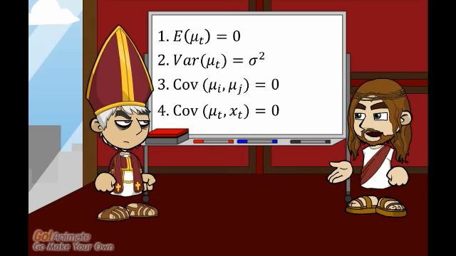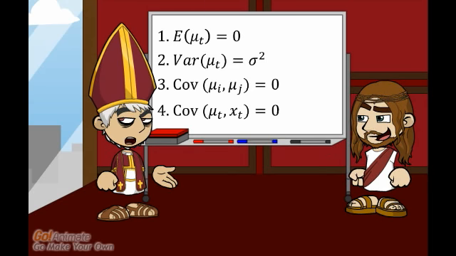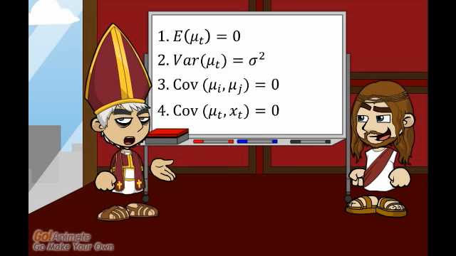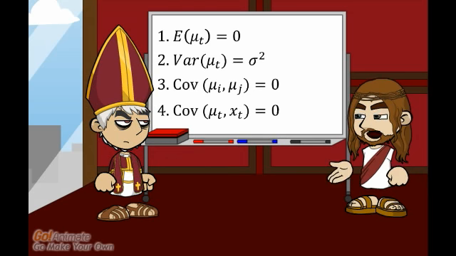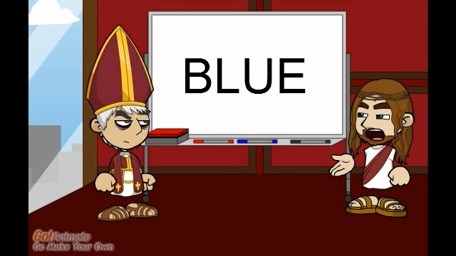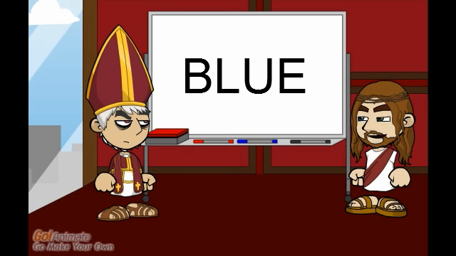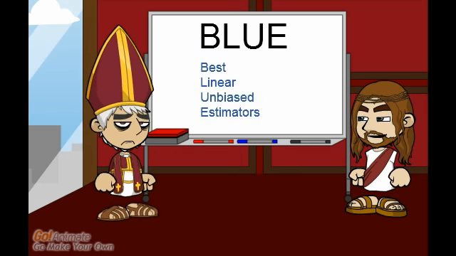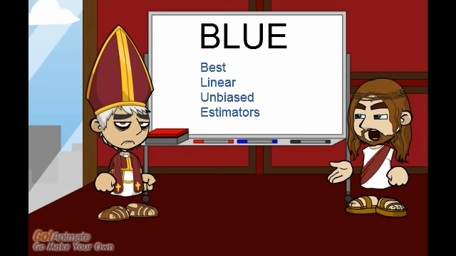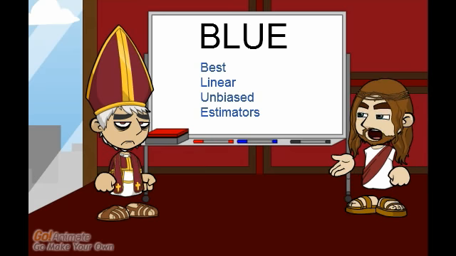Can you interpret, Pope? Yes, firstly, the mean of the error terms is equal to 0. Secondly, the variance of the error terms is constant. And the last two. The errors are statistically independent of themselves and of the x variable. If all these assumptions hold, then we are left with BLUE. Blue. I love that band. No. Not the band. If the OLS estimators hold the assumptions, then they are the best linear unbiased estimators, or